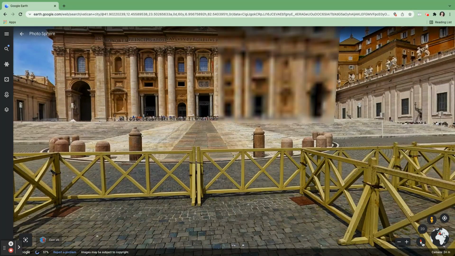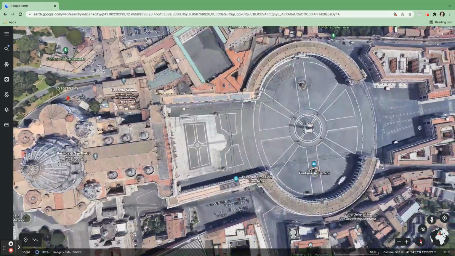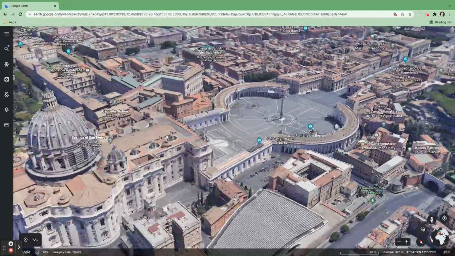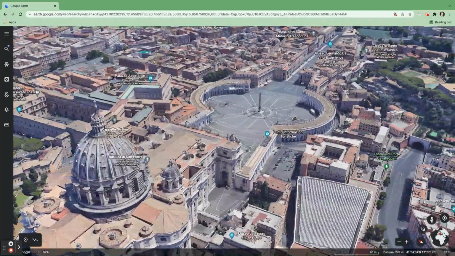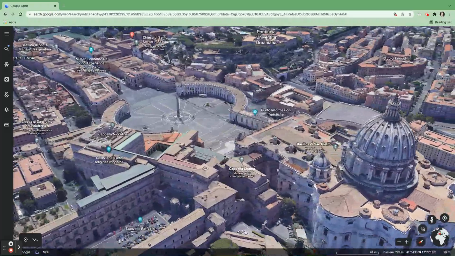So if I want to go ahead and click out of it, it'll take me back up to my bird's eye view. Click on 3D, it'll tilt it again, and you get a very 3D tour of Rome without having to go there. So